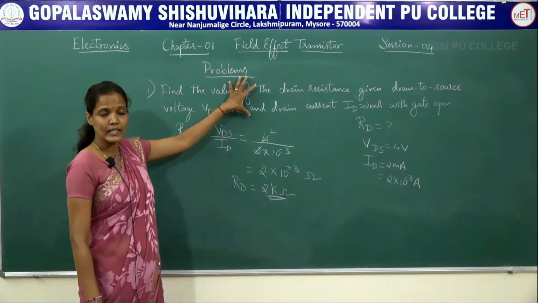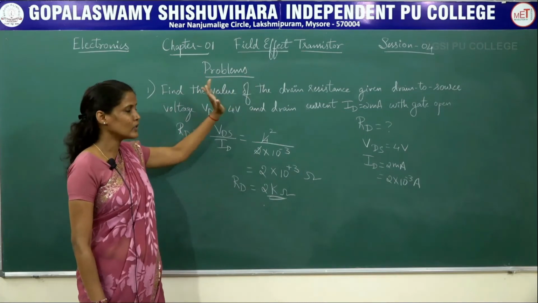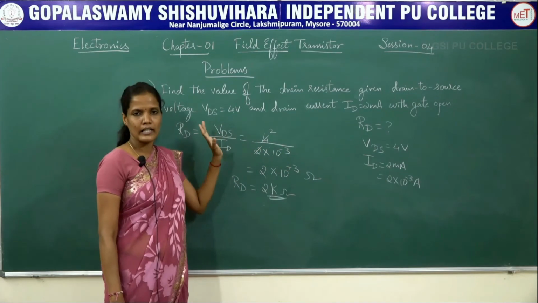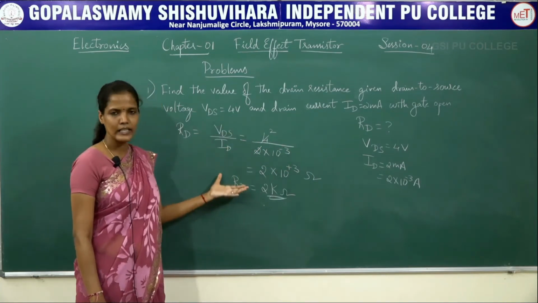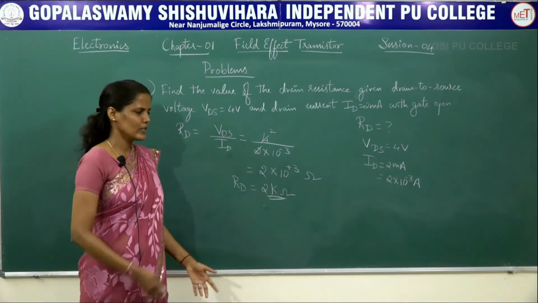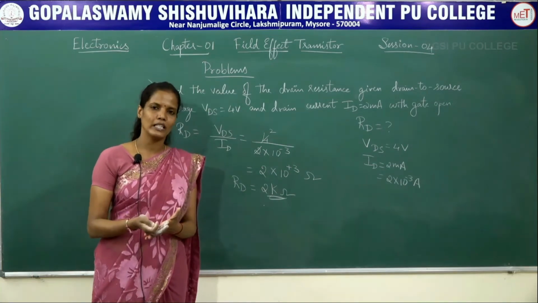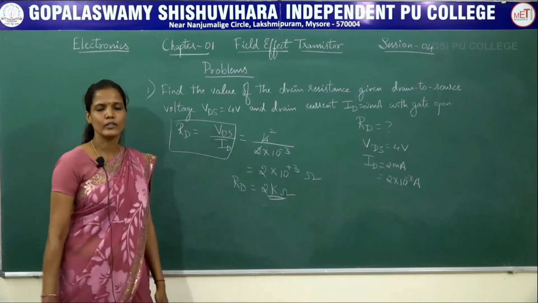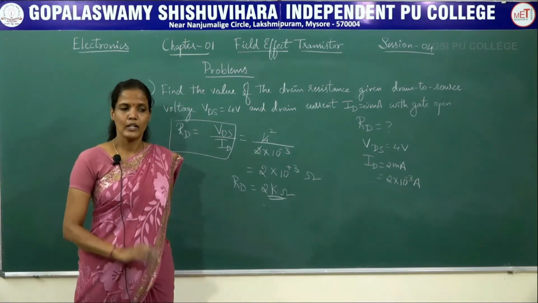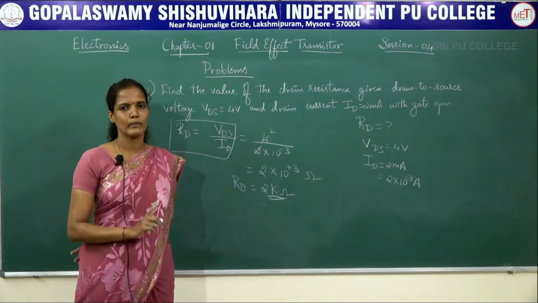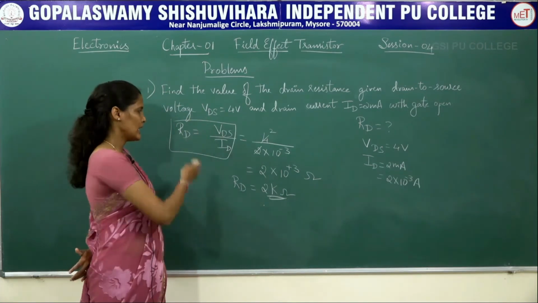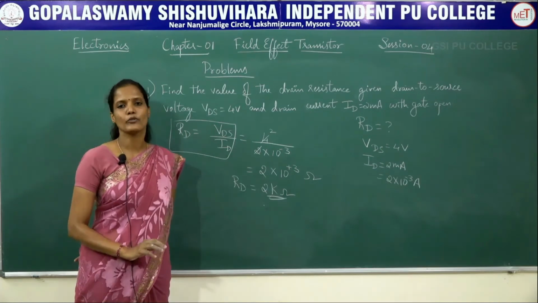Try to read the given problem 2 to 3 times and try to analyze what is given and what you have to find out. Above that, write the relevant formula, accordingly you can solve the problem. Sometimes, if you don't know how to solve the problem, if you write only the formula, even then you will be getting 1 mark. So try to read the problem carefully and write the correct formula for that.